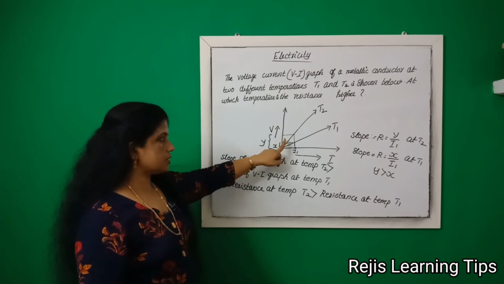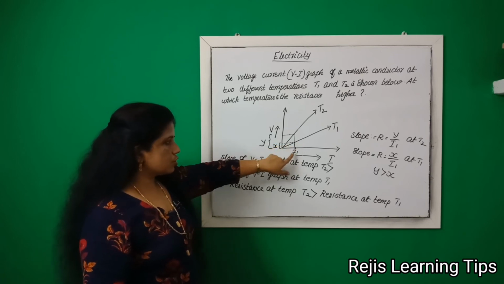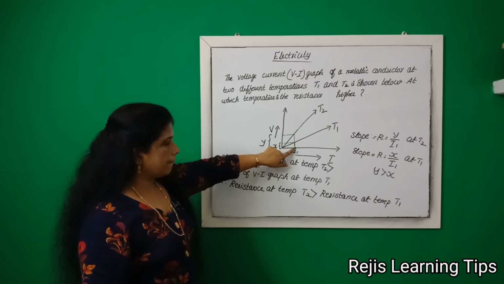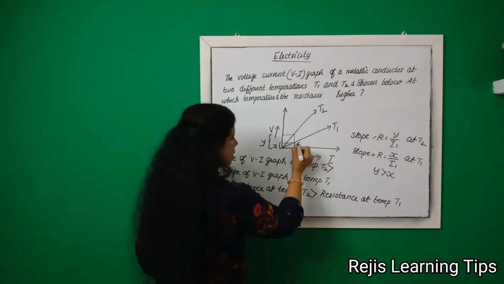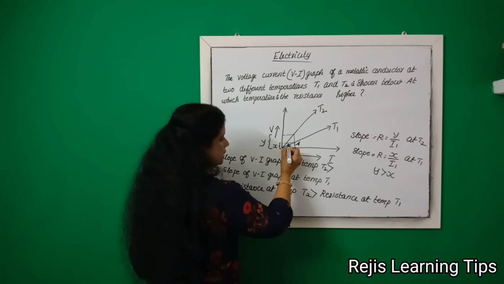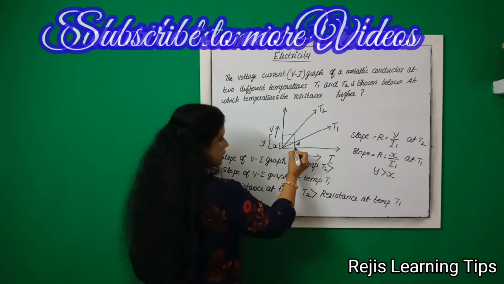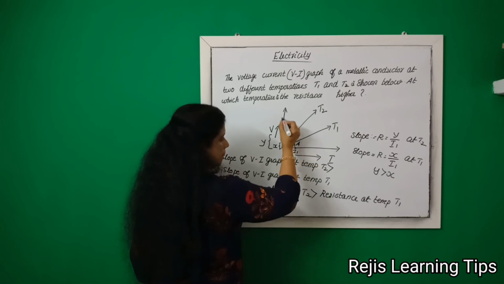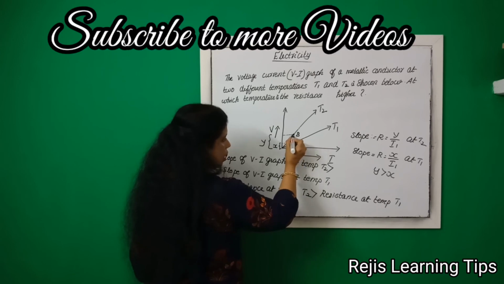Slope means the resistance. In this case, I1 remains the same in both cases. So first we draw a line parallel to the y-axis and it intersects T1 at point A, and then you draw another line parallel to the x-axis. This distance is x, and from this I1 we draw one line parallel to the y-axis. It intersects T2 at point B. Then you draw another line parallel to the x-axis and this distance is y.